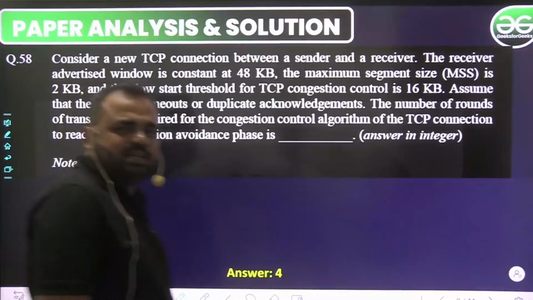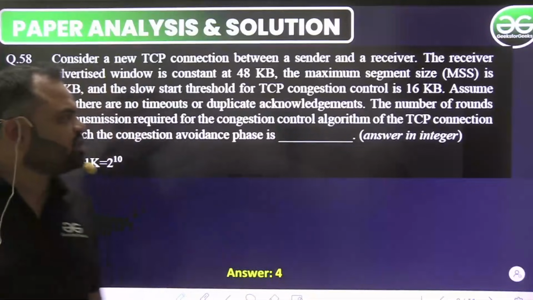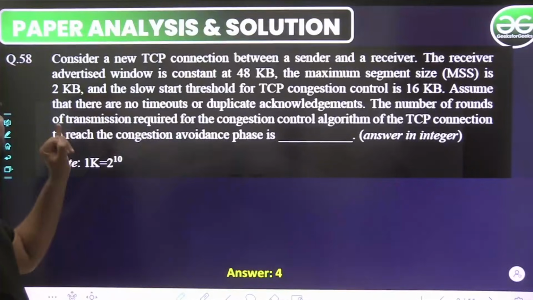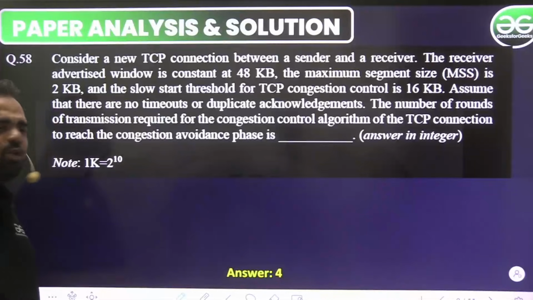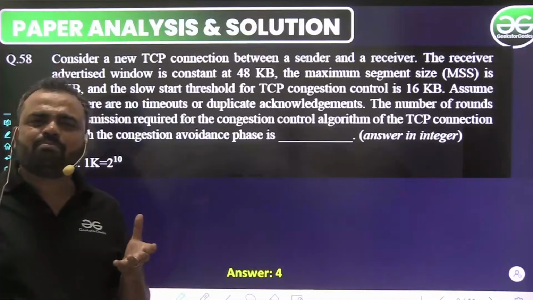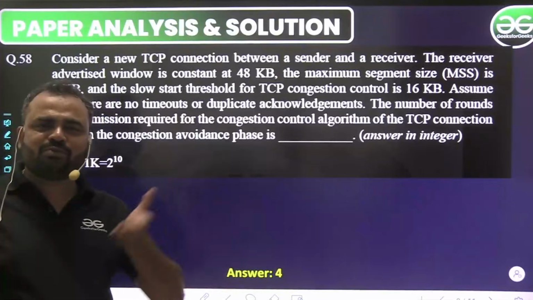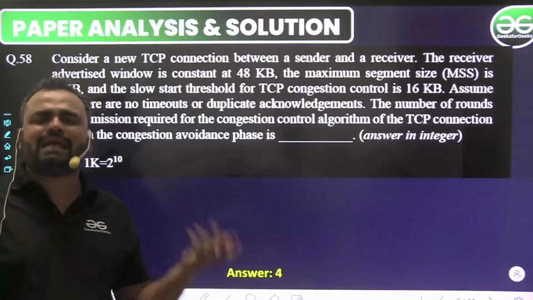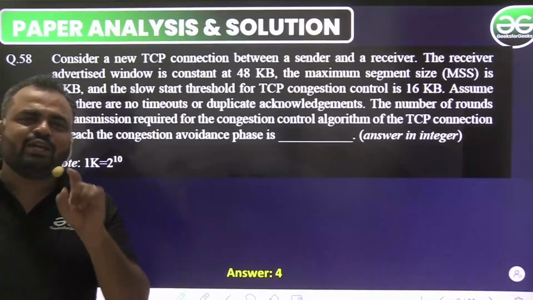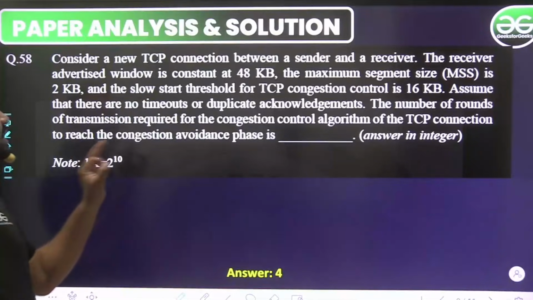ये थोड़ा सा इंटरेस्टिंग क्वेश्चन है, इस क्वेश्चन में दिमाग क्या लगाना है वो अभी हम लोग डिस्कस करने वाले हैं। चलिए देखते हैं क्या बोला जा रहा है। Consider a new TCP connection। देखिए ये बहुत ही आसान लेवल का क्वेश्चन है, ऐसा नहीं है कि ऐसे क्वेश्चन हम लोगों ने कम से कम 25-30 बार किए हैं, ठीक है ना। Whenever we were dealing with the congestion control protocol we have solved it multiple times, but what is the twist you need to think about it, ठीक है।